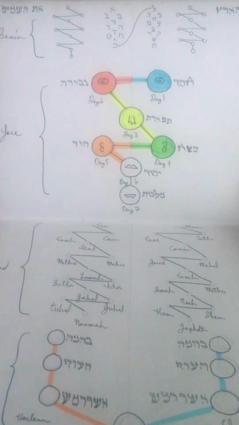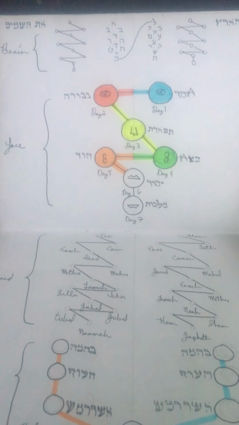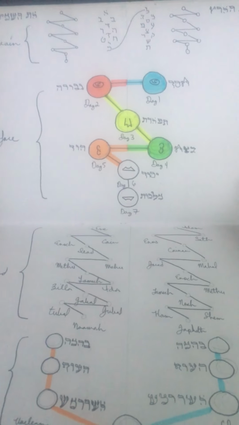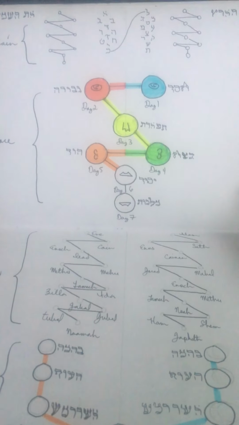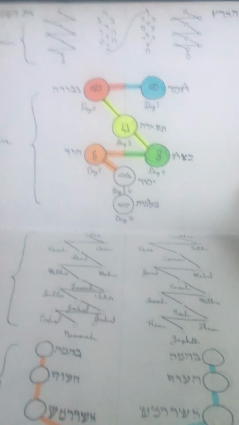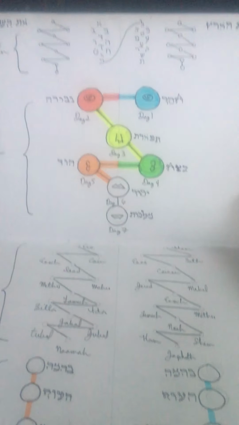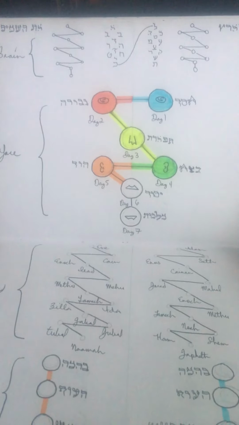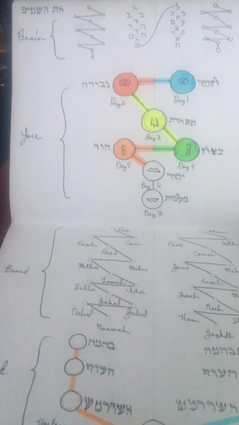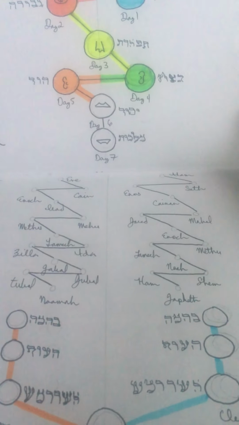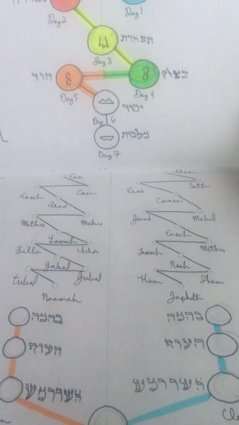For the Torah itself is a body. The first 7 days of creation is the face. And before creation began, the gates expanded, creating the brain. And here we have the beard of the Most Blessed Holy One, which is created out of the 2 genealogies of Adam and Eve.